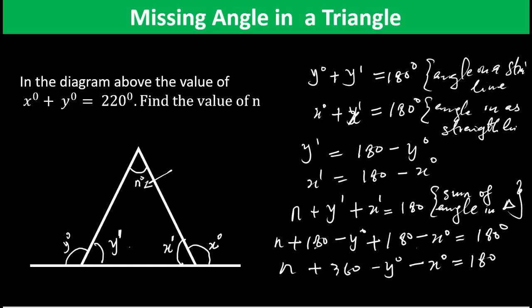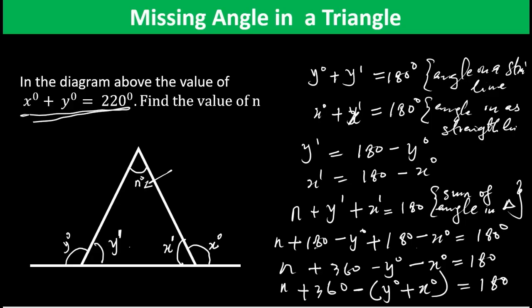Now, if you look at this, n plus 360 minus y minus x, if I factor out the minus, I can put a bracket here: y degrees plus x degrees. Now, remember that x degrees plus y degrees was given to be 220. So here I can substitute 220, so that n plus 360 minus 220 is equal to